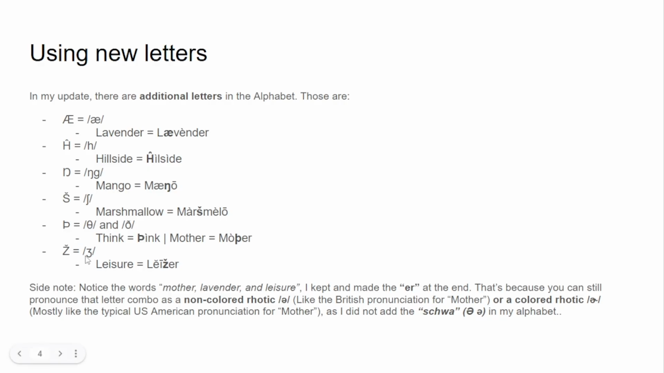And this last one is z. This makes the zh sound like in leisure right here. Now notice how in these words, mother, lavender, and leisure, I put an ER at the end without changing them, except for leisure, of course. That's because you can still pronounce the letter combo as a non-colored rhotic, so like the schwa,